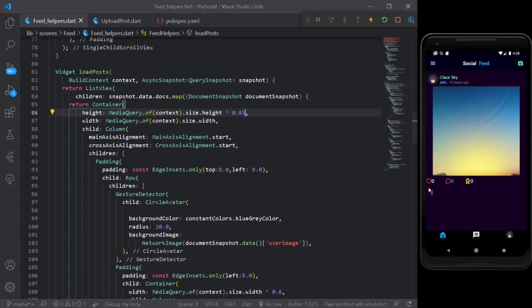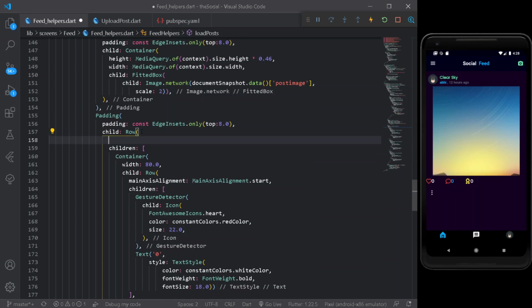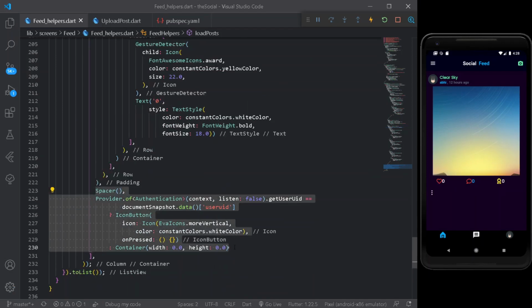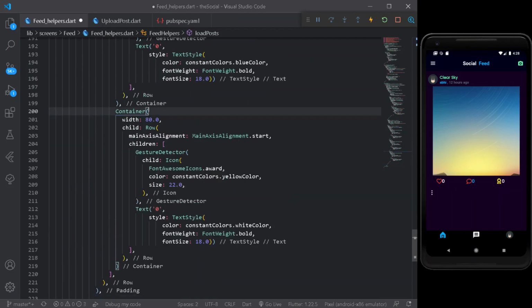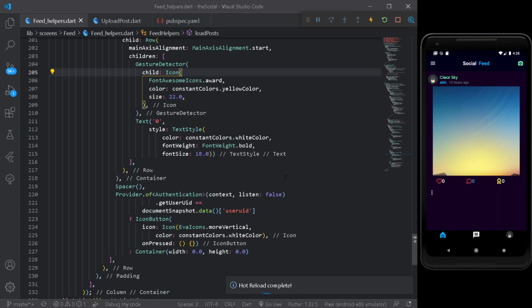But we have our tiny looking vertical icon here, so let's correct it. Under our row, first of all, let's set the main axis alignment to space evenly. Cool. After that, we can simply copy the entire method, remove it from there, and place it after the following container. Press Ctrl and S. Alright, so everything is looking cooler now.